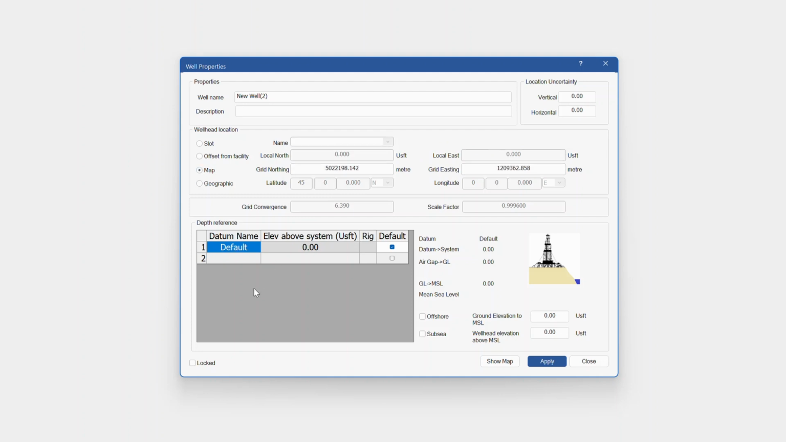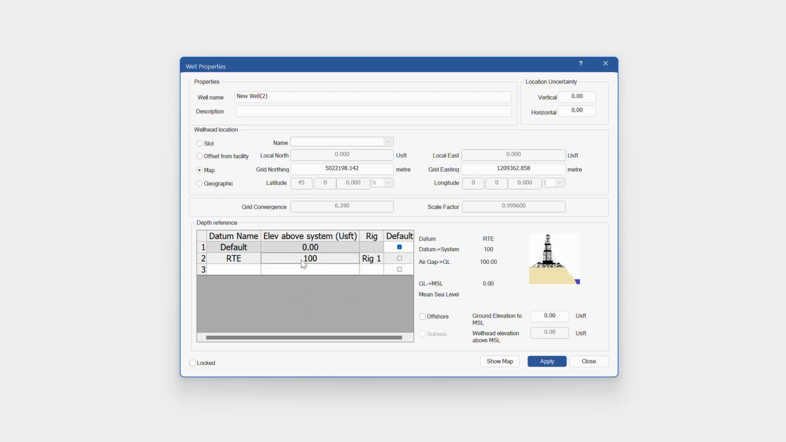This is now where we're also going to enter our depth reference. So we could put a rotary table elevation. We'll stick a value in here. Let's just say, make life easy, we'll put in 100. You can put in a rig name. And we also now need to put in a ground level elevation. So if I put this in at 75,